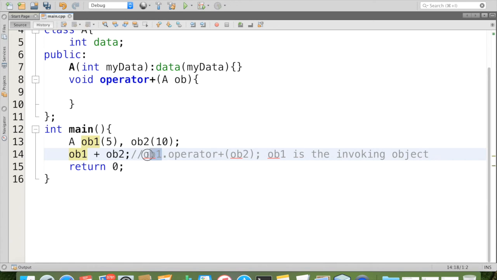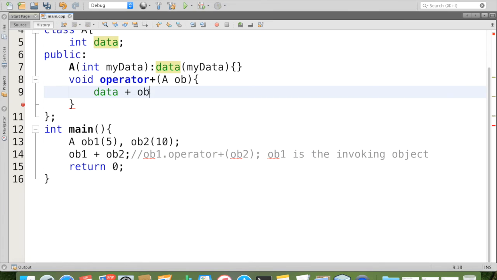So the invoking object's data, that is 5, I can directly take like this: data, which means our OB1's data, plus OB2's data, which is passed as an argument to OB.